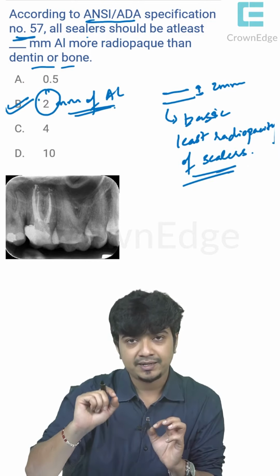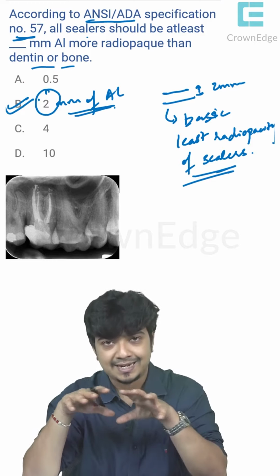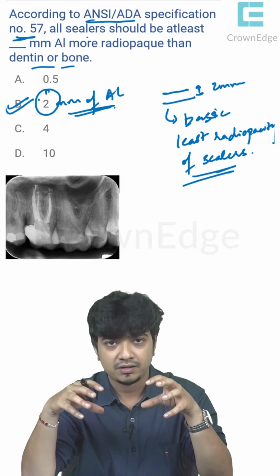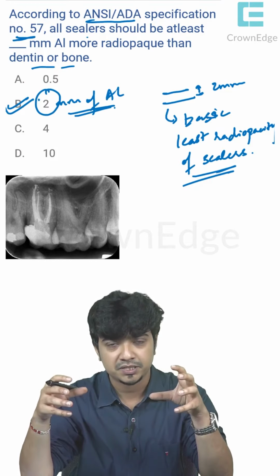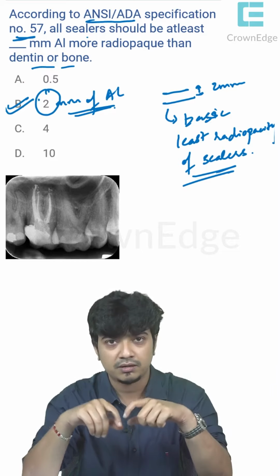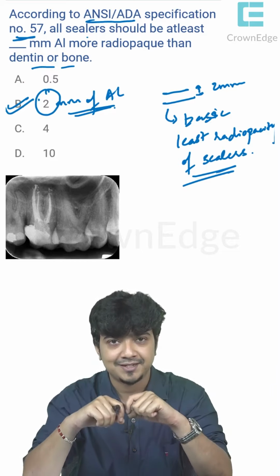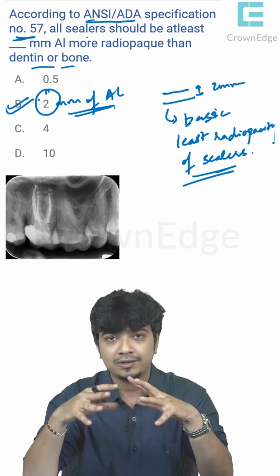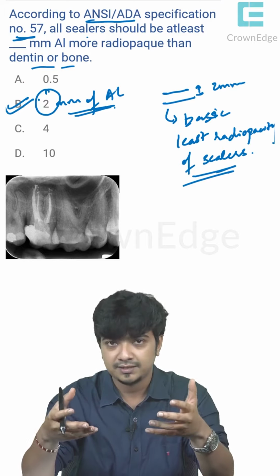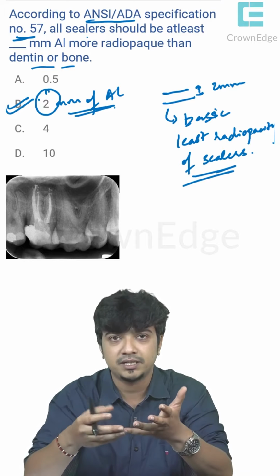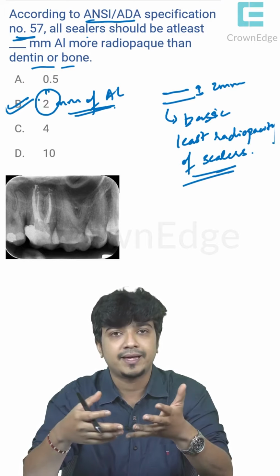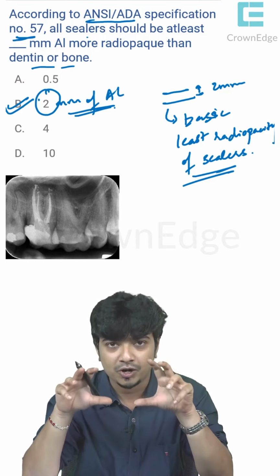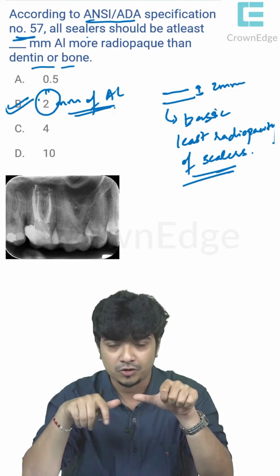So that would make it easier for us to visualize the anatomy that we have achieved, the space in which we have accumulated the sealer and the gutta percha, and we can also see small beautiful apical puffs of sealers either in your lateral canals or your anastomosis or the isthmi which are joining. All this can only be seen if your sealers are radio opaque, right? If your sealers weren't radio opaque, you cannot get the thrill of the fill, as they call it, because that is when you see what you have worked upon while doing your obturation.